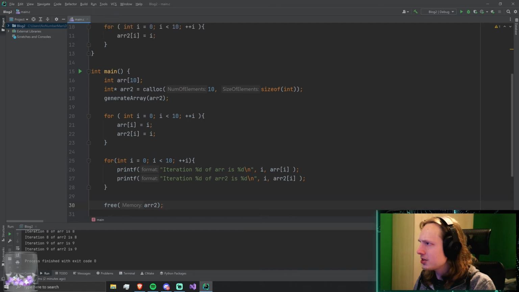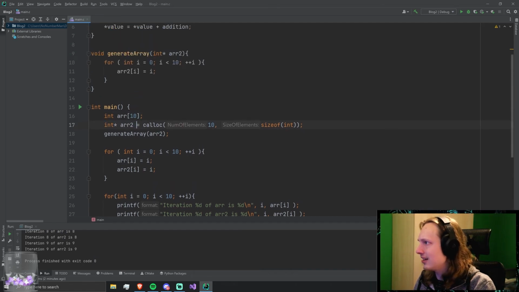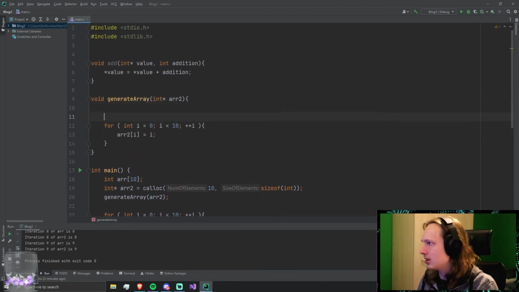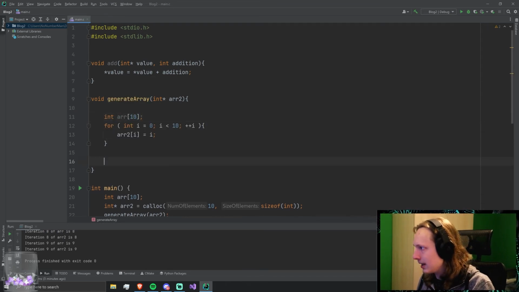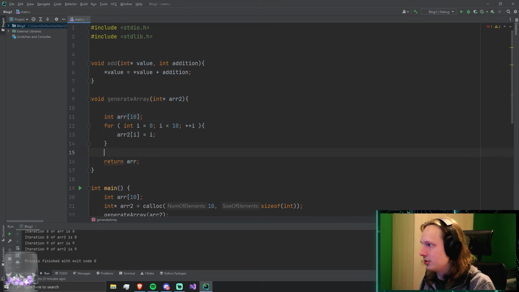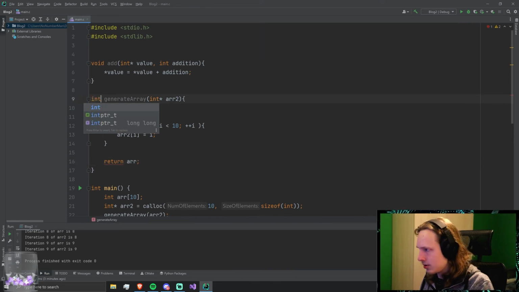Any other differences? Well, yeah, this is again stack and pointer, right? So actually, if you were to generate an array int r here, and you were to return the array like this as a normal array initializer, then you'd find that whatever you return, well, it doesn't actually really work.